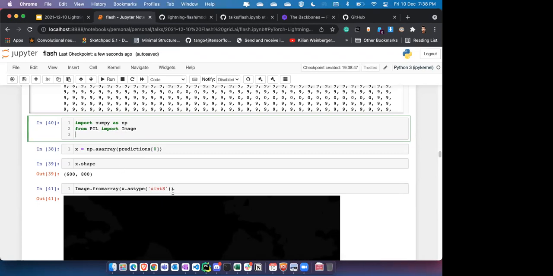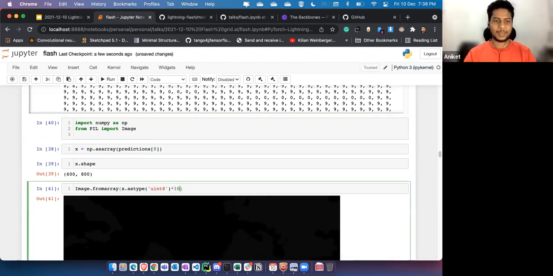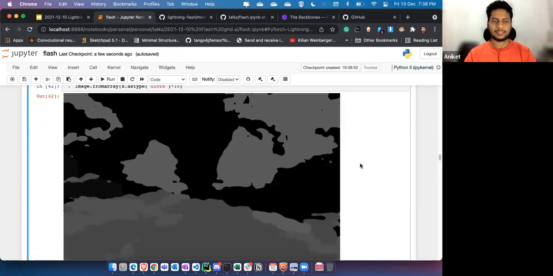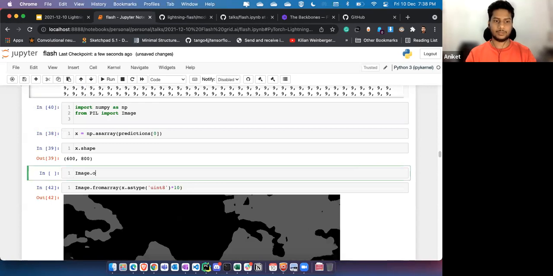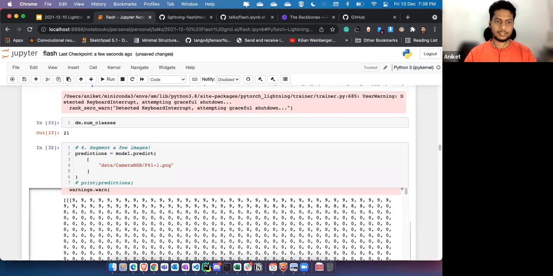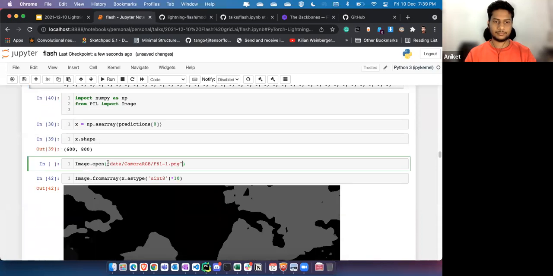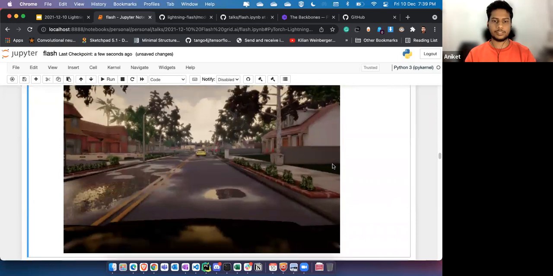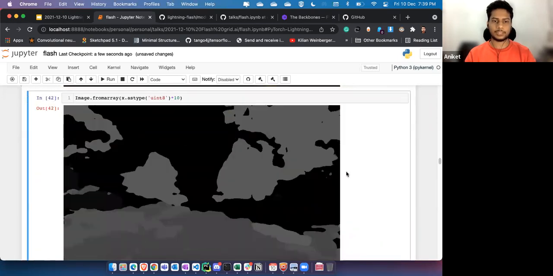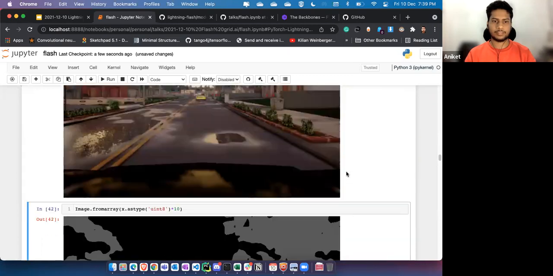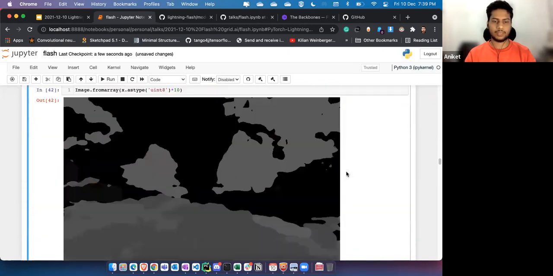Okay, thank you for the suggestion. Yeah. So let me also open the original image. Yes, so this was my original scenery, and this is the output mask. I don't know if it makes any sense because this is not a trained model.